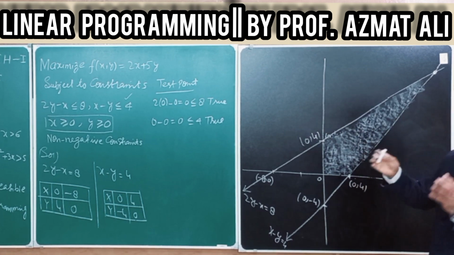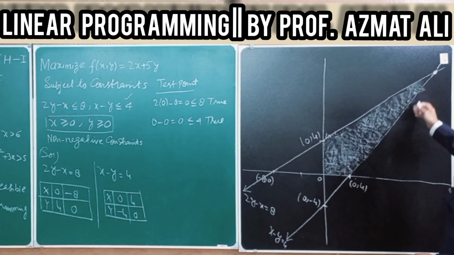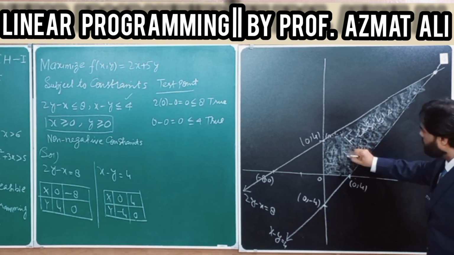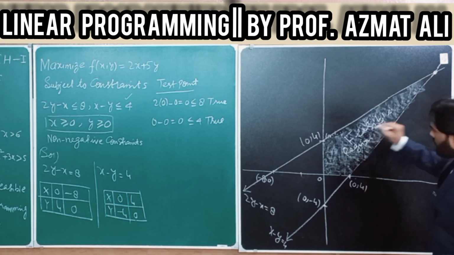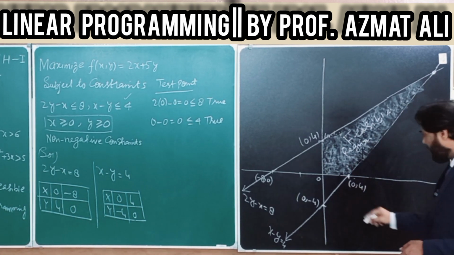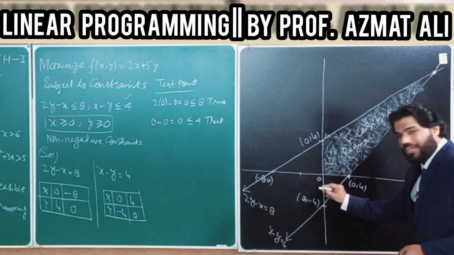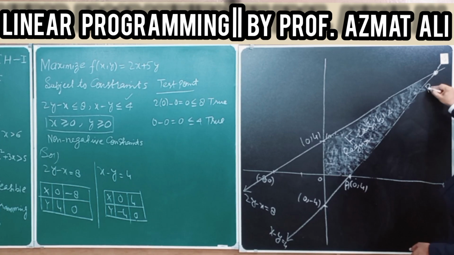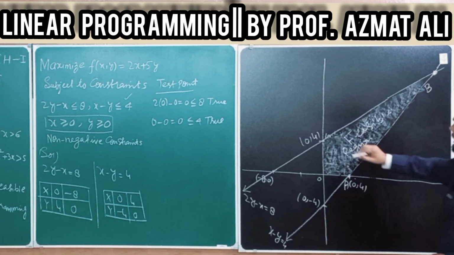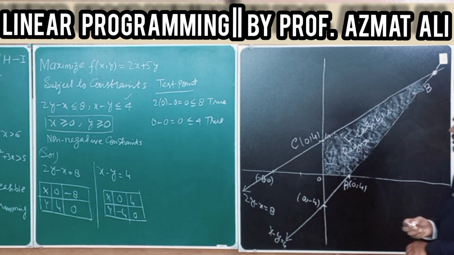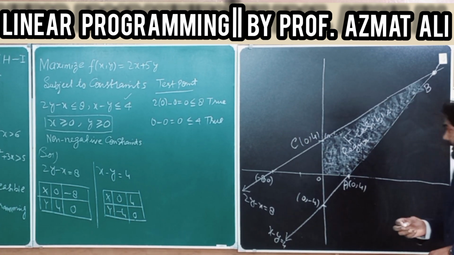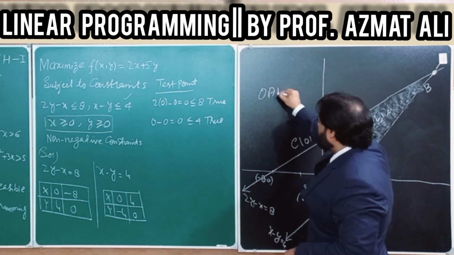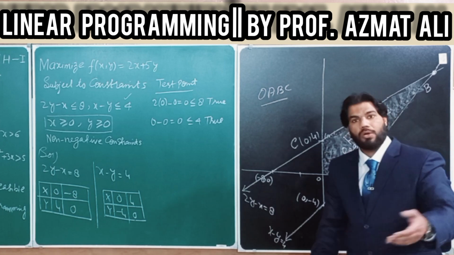So the common graph between the two inequalities is this. This is the feasible region. For more clarity, suppose this is the region whose coordinate is (0, 0). Say this point is O, (0, 0). This is the point of intersection of the two inequalities, say this is point B, and this is the third point C, (0, 4). So our feasible region is a quadrilateral OABC.